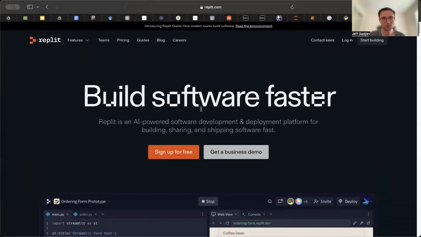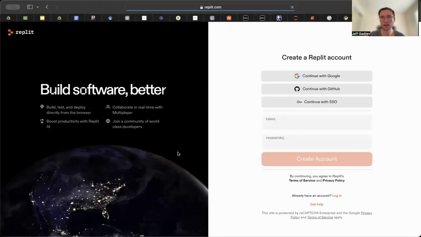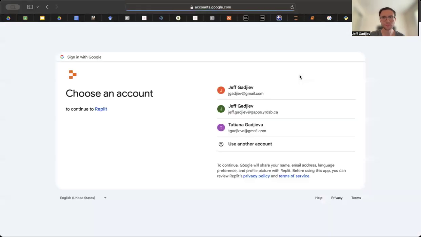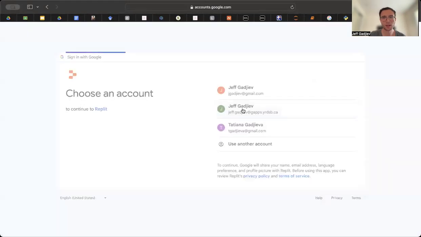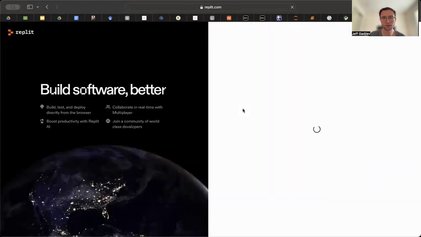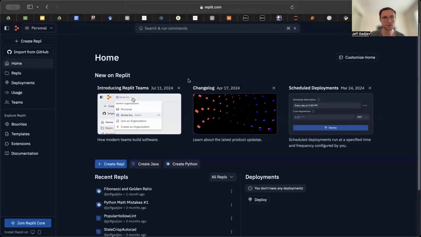So in order to start using it, you would have to sign up for free if you don't already have an account. The easiest way to create an account is, if you already have a Google account, possibly through the school board or even your personal Google account, you would just click continue with Google. Now I already have an account, so I'll just use my own account. So this will pretty much just log me in already. Okay, and so it logs me in,